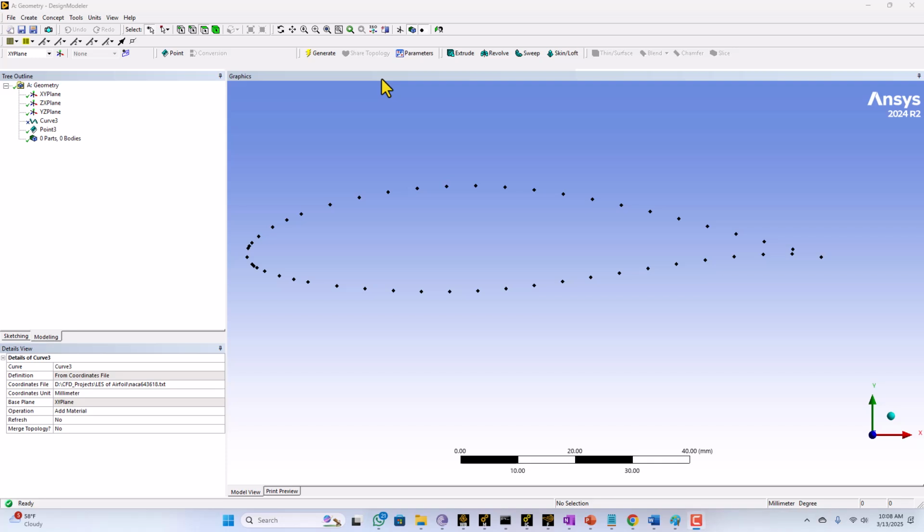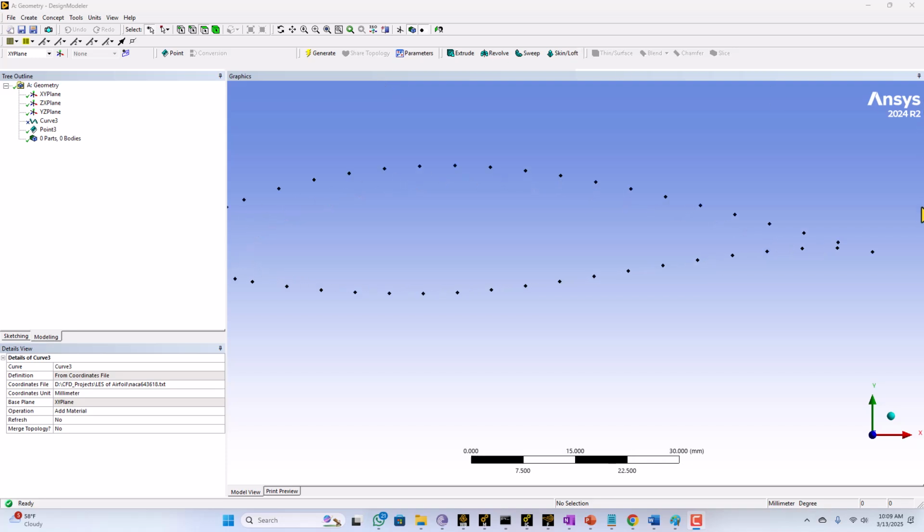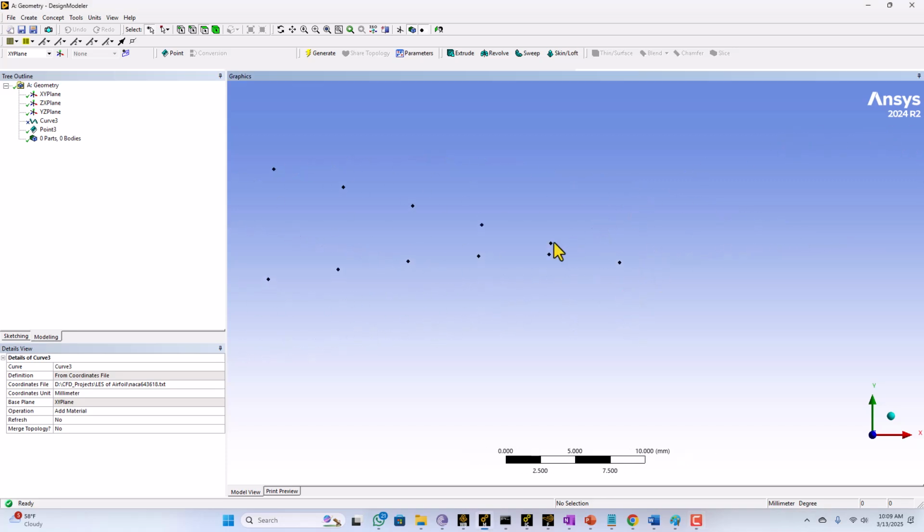In this video, I'm going to explain the method of how you can import coordinate points into Design Modeler, and why. Because I want to create the aerofoil shape of my own choice. For example, right now I don't have the option to create the square trailing edge. This is only a single point, and I couldn't find the aerofoil with the coordinates where I can create the square